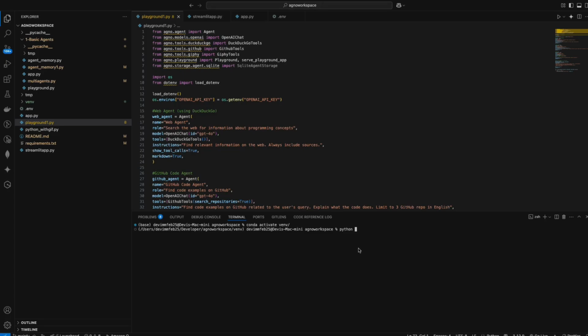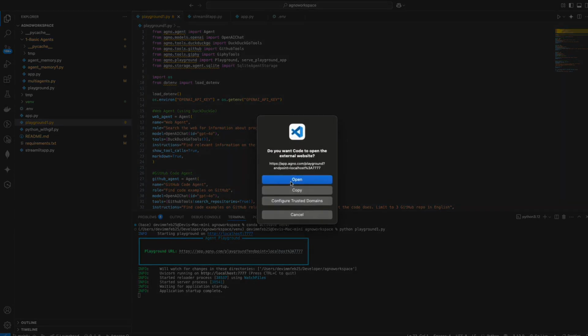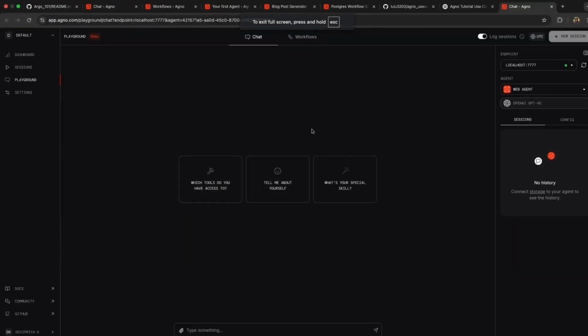So let's type in the command for this, python playground1.py. This gives you that link. Click on the link. Here you can play around with your agents.